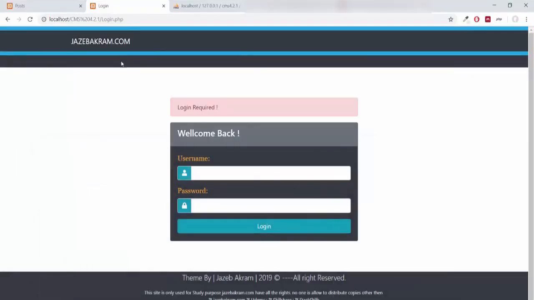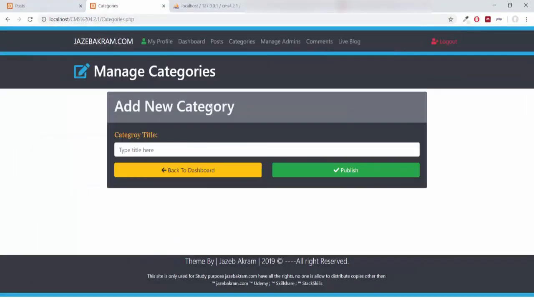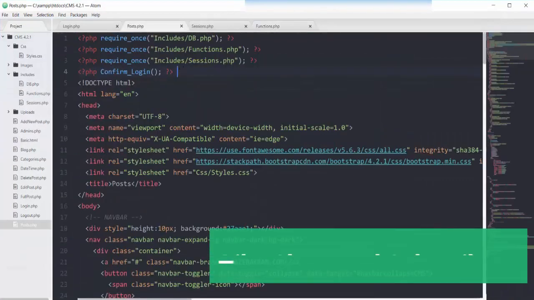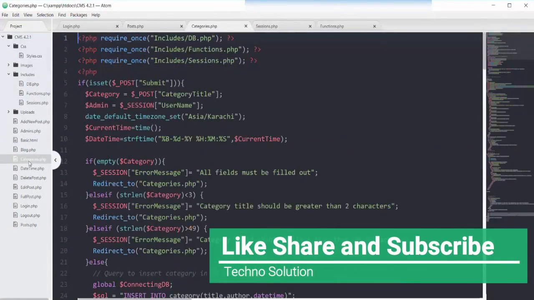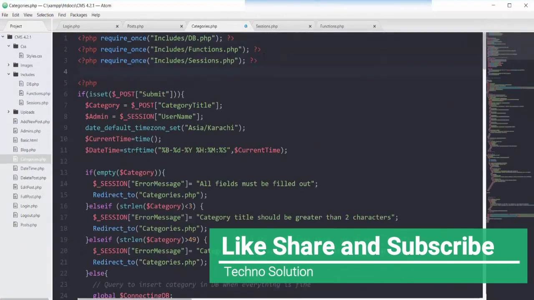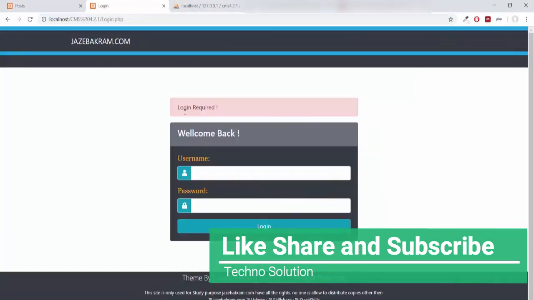So if I try to access my page of categories.php, I can access it. If you want to make this page to be password protected, just call this function of confirm login on your categories page. So right on line 4, I will call this function of confirm login. If I try to refresh this page, you see I got the message login required.